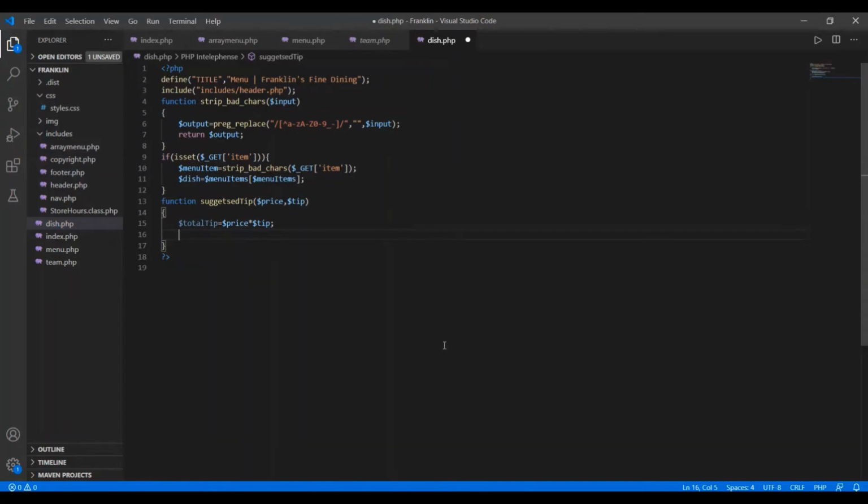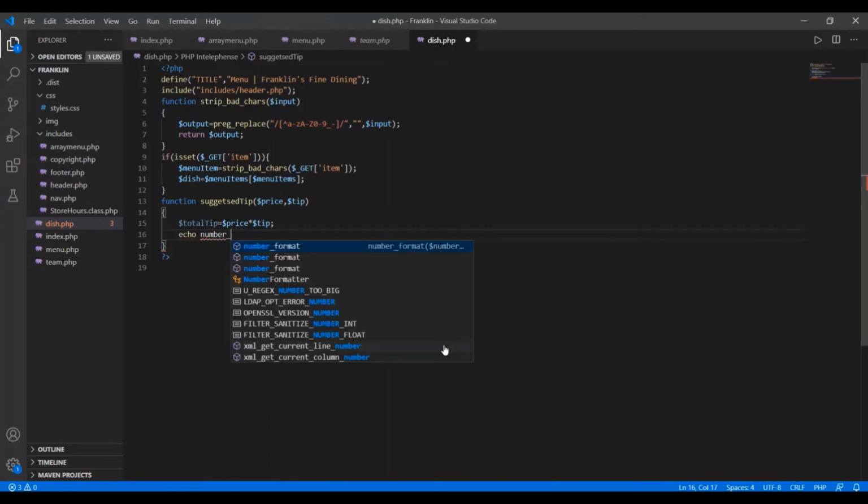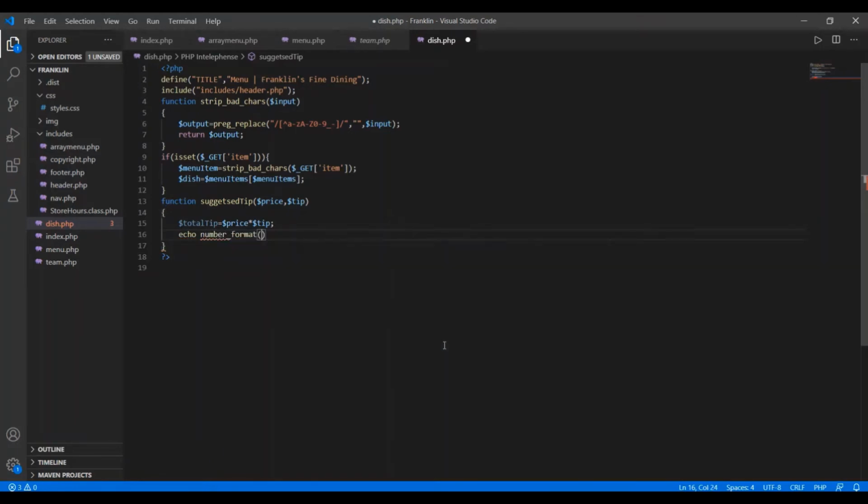So for this I'm using a function that is number underscore format. So here I'm writing echo number underscore format, and what it will do, it will take the value of total tip comma 2.